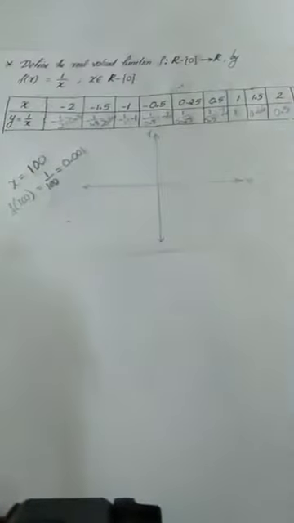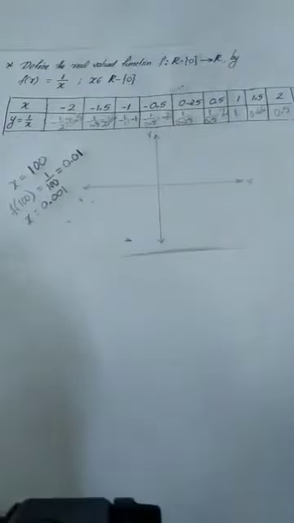0.001. Sorry, point, it is not 001, it is 0.01. So actually x is a large number, 100, but the image of this large number is a small number, 0.01. If you are letting a small number, that is if x equal to